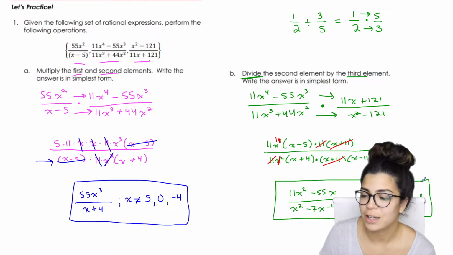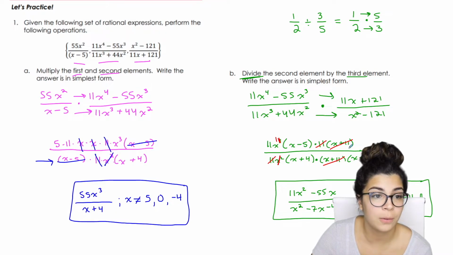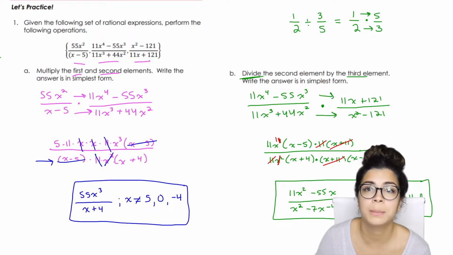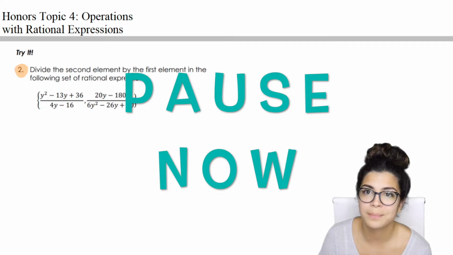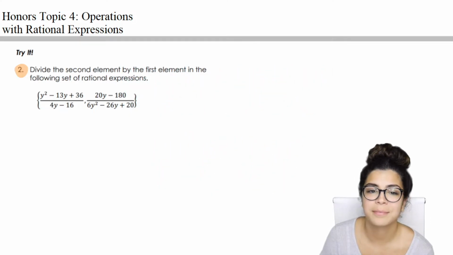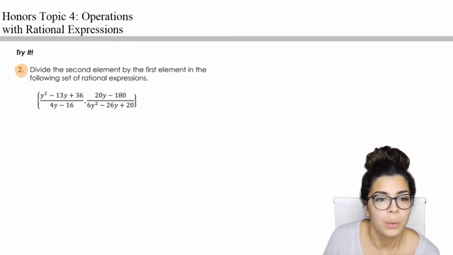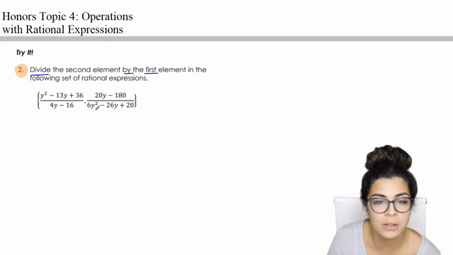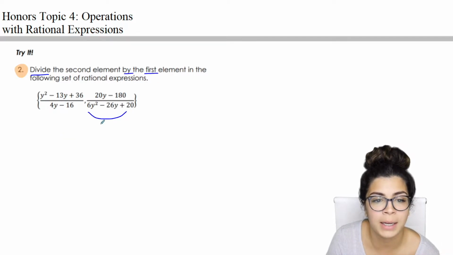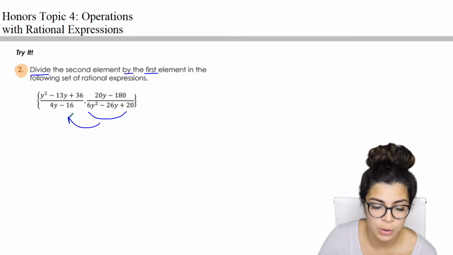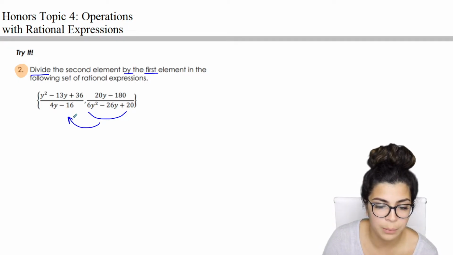All right. Go ahead and pause the video and try number 2 on your own. Okay, so with this one, we're dividing the second by the first. So I'm taking this one and dividing it by this one. So essentially, I end up with